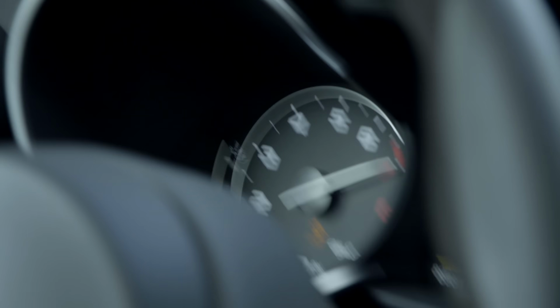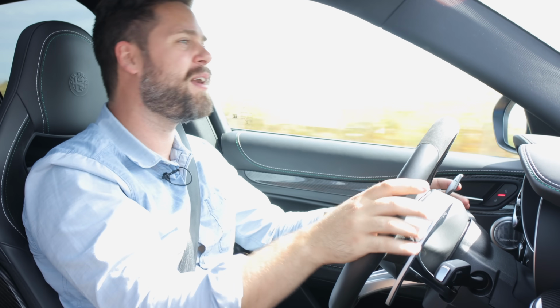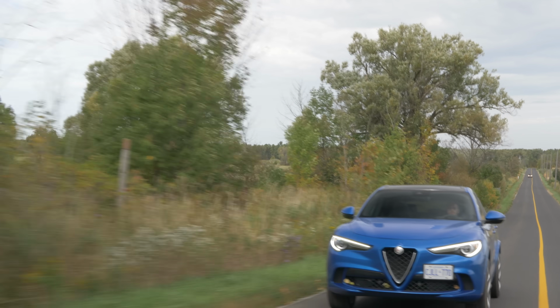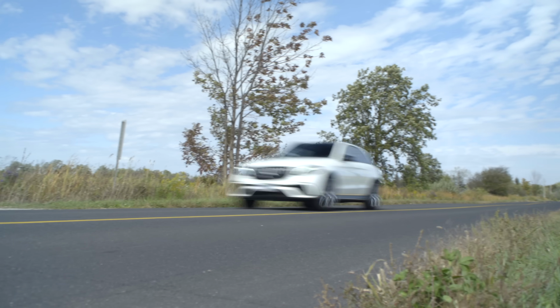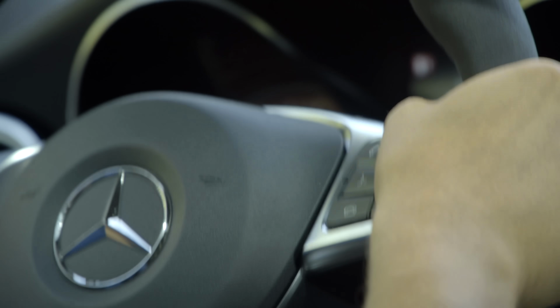And the way that the engine revs, they've tuned it so that right when you get up to the redline, it pulls just a little bit harder. It doesn't run out of breath. It makes the act of stomping on this car so rewarding. Most V8s are just loud, but when you put your foot down in this, it fills your chest. It's amazing. And for this, we have Mercedes' 9-speed automatic, and the shifts